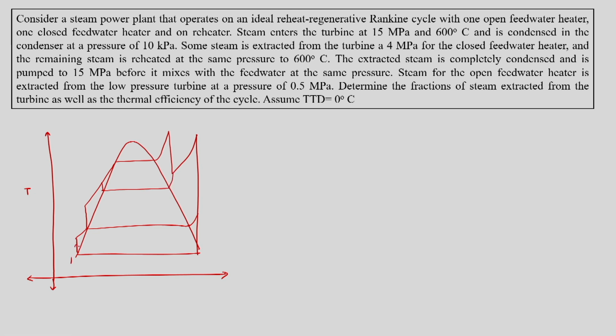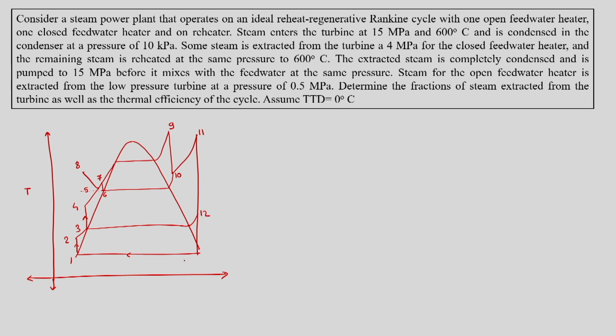So, this is the first pump, this is the condenser, 1 to 2, 2 to 3, after the closed feed water heater we will have 3 to 4, and then TTD 0 degrees Celsius. So, 5 will be at the same temperature as here. So, this is 6 to 7, and then in between there will be 8. And then we will have 9, then we have 10 here, we have 11,